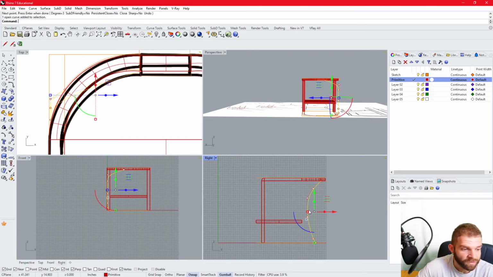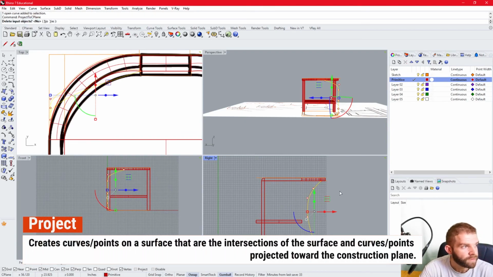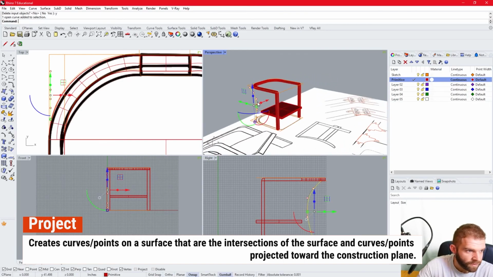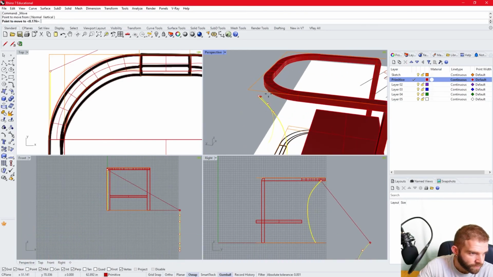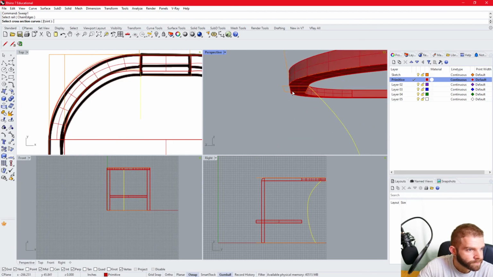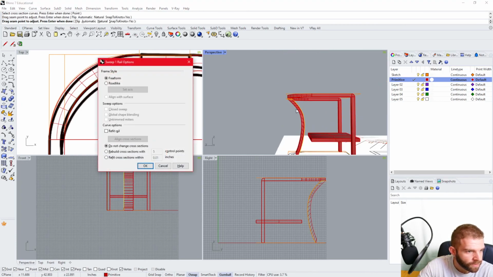So what I'm going to do here is select it and run a command called ProjectToCPlane, delete object inputs. Yes, I don't want this weird curve. I want to project this curve flat onto the plane so that I can get the profile that I want. And then I'll move that curve into position in order to run my sweep command. Select rail, select cross sections, enter,